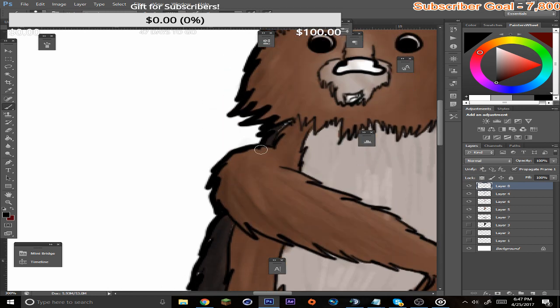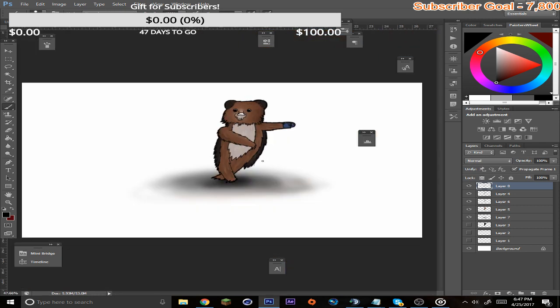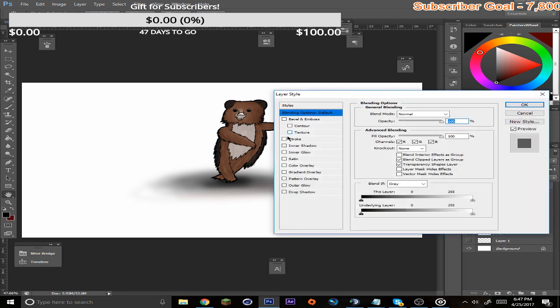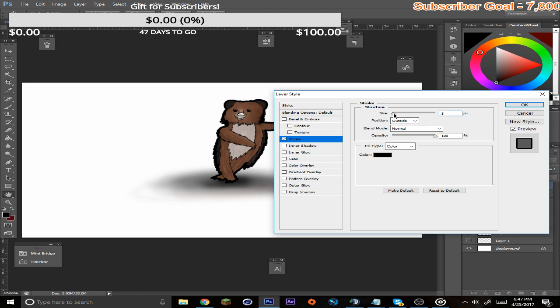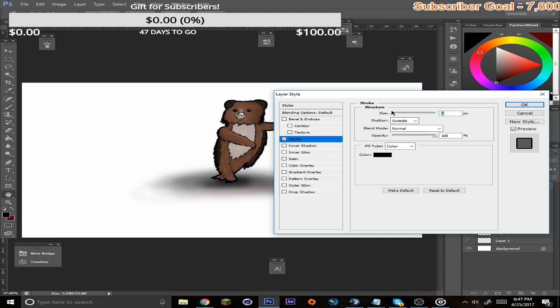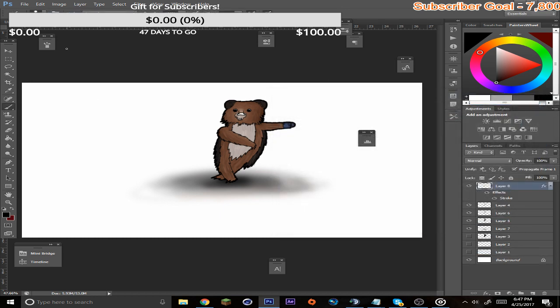Now I know what you're saying. It might not be the best, but it's still cool. Look, you can tell that it makes him look cooler, like that, but that, and that. Just the thickness of the line really changes everything. I just kind of like it like this. I like that. It's a beautiful bear, by the way.